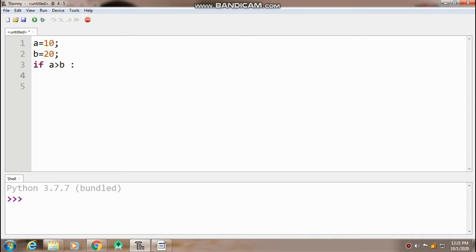Let's say if a is greater than b, I simply want to print a is greater. Here I want to print a string, so as we did previously, if you want to print something as such, you have to write it in quotations. So here I want to print a is greater.